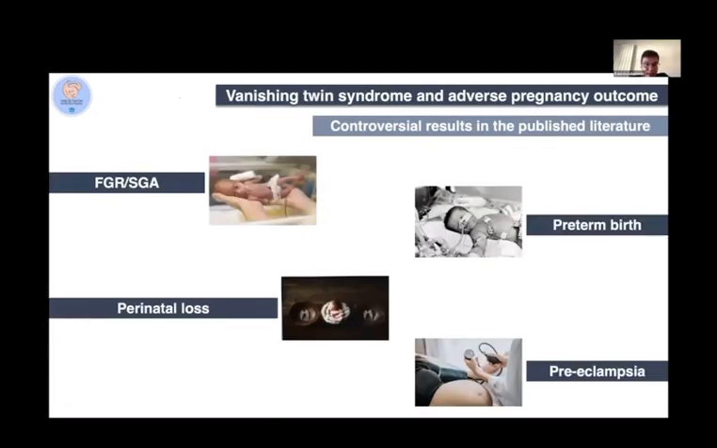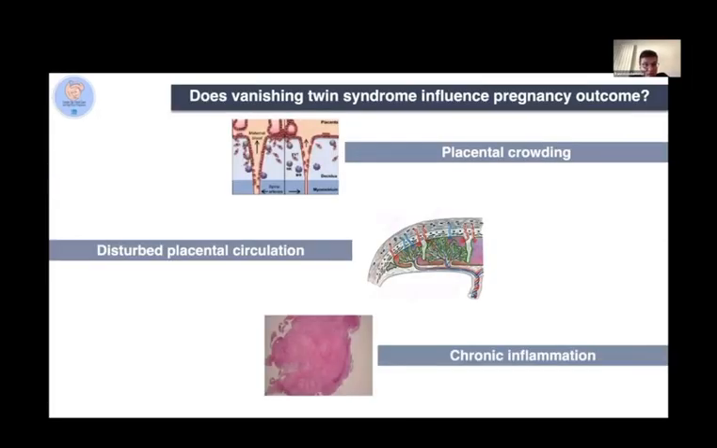And which are the adverse outcomes associated with vanishing twin syndrome? The presence of preterm birth, perinatal loss, fetal growth restriction or small for gestational age, and pre-eclampsia. And if we want to give a biological, a pathophysiological explanation for the occurrence of these adverse outcomes in pregnancy